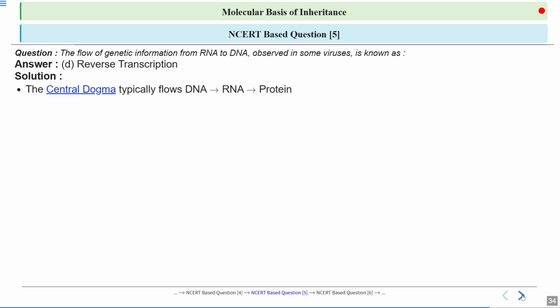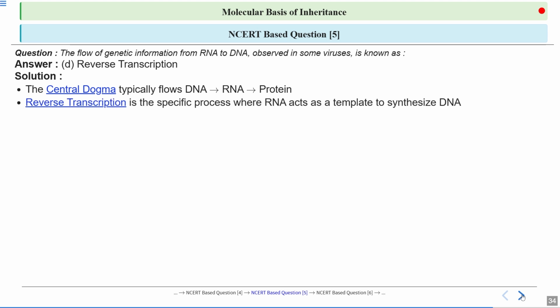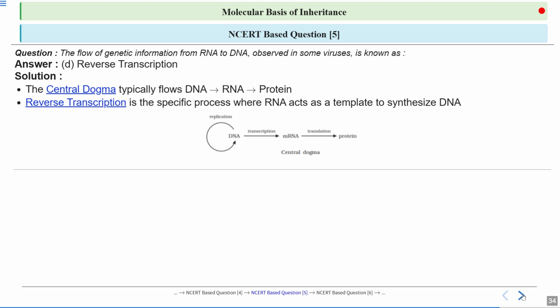So what I said is the same, that the central dogma typically flows from DNA to RNA to protein, whereas reverse transcription is the specific process where RNA acts as a template to synthesize what? To synthesize DNA. So this is the normal central dogma, and the reverse will be reverse transcription,